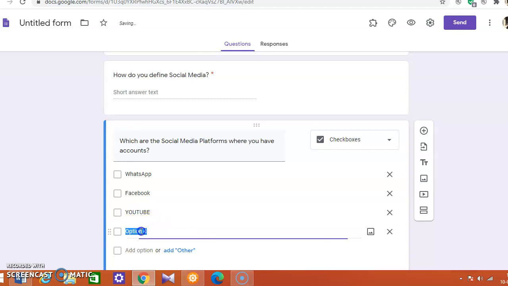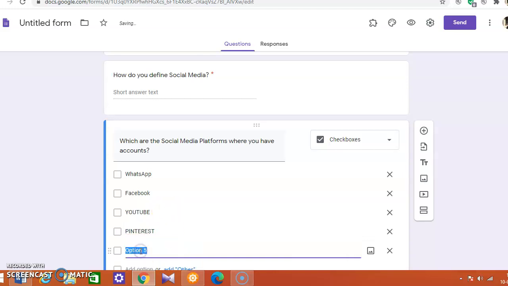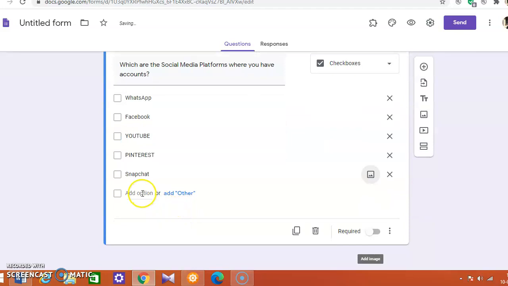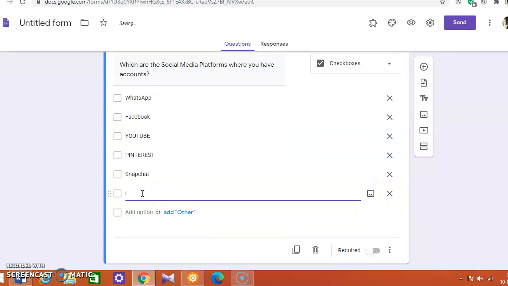Okay, then we can also say Pinterest, and let's have this also as capital. And then we can also say Snapchat. Oh, Instagram, how could we forget Instagram? Then Twitter.